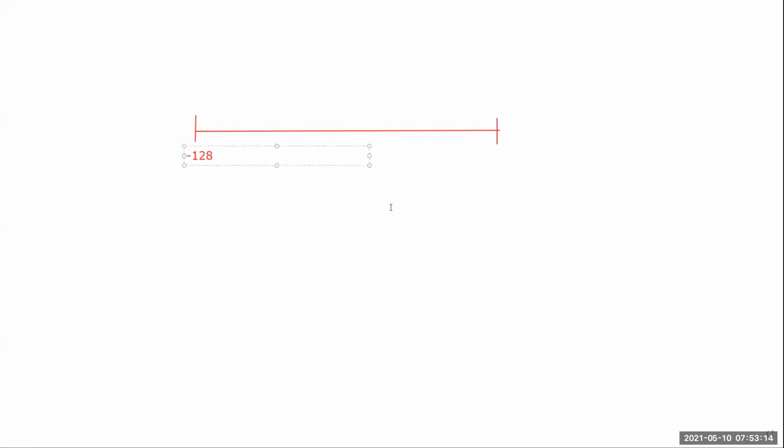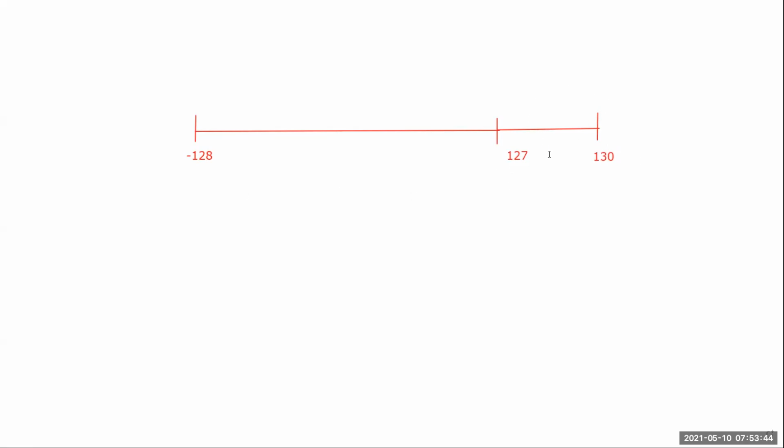Minus 128 till 127, right? Now, if I give a number which is greater than 127, for example, I am giving 130. Let us assume that this is 130. But this 130 is out of range of this 127.